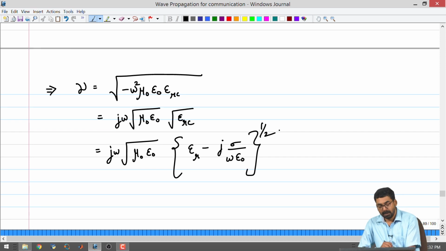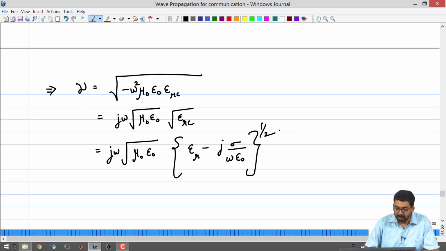Okay. If we put it like this, then it becomes clearer that there is a real and an imaginary part. One has to be very careful. It is obvious that there is a real and an imaginary part, but separating them is not very easy. So, what I did is I just plugged it into Wolfram Alpha on the internet, and I checked what the real and the imaginary part are.